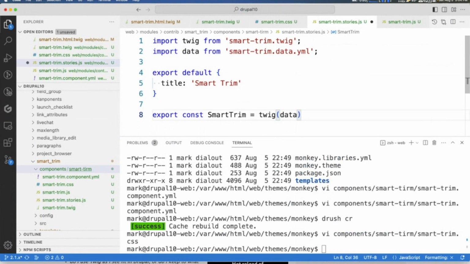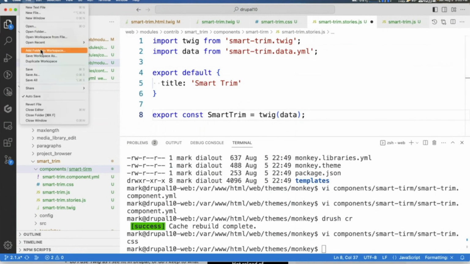And that's ultimately what a story is. I think if you ran this, it would work, but that's what it would be. And then you would have your Storybook configuration look for all the .stories.js files inside your components folder, and it would render them all. And that's pretty much how that works.